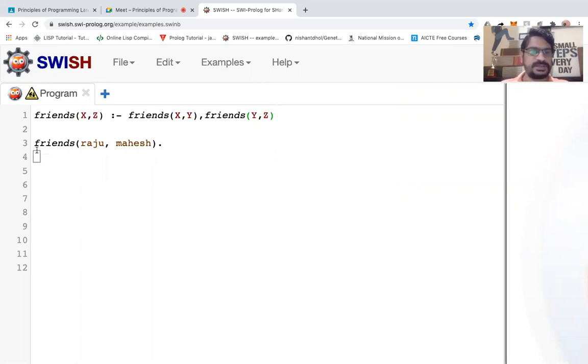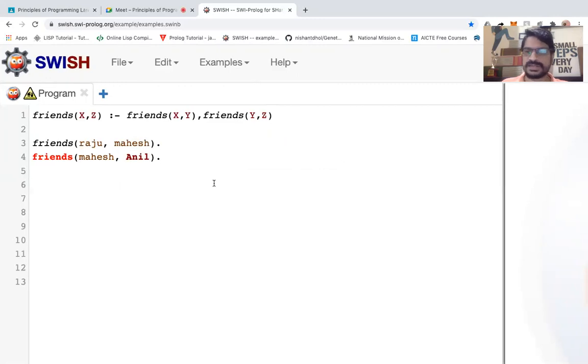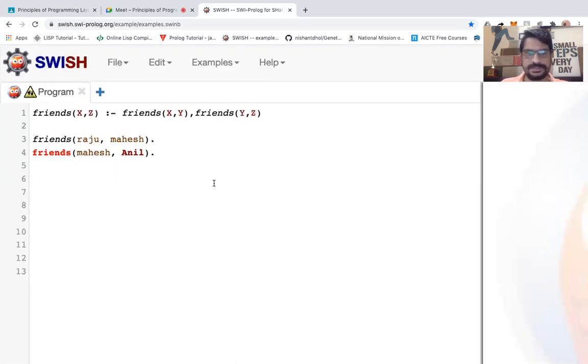Let's assume that Raju is a friend of Mahesh, and put some more values here: Mahesh is a friend of Anil. Getting it? Now, can we say that Raju and Anil are friends? Let's ask this question to the system.